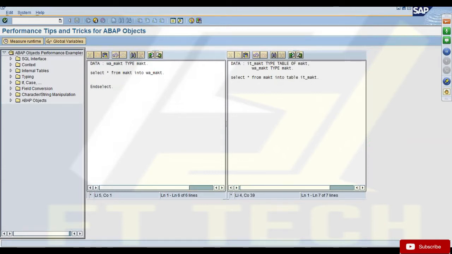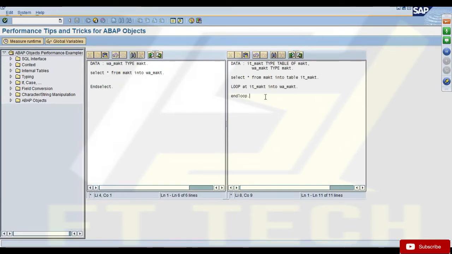Once I have this data, I can access the data in the internal table. I'm not writing a where condition so that we'll get all the data from the database so that we can actually see some difference. Then I can say loop at IT MAKT into WA MAKT, endloop. So to process the same record, I can say select and endselect, and between them, I can use my write statement to print the output.